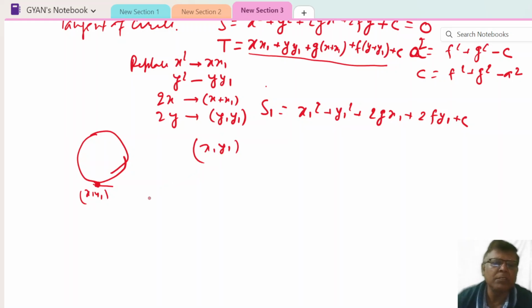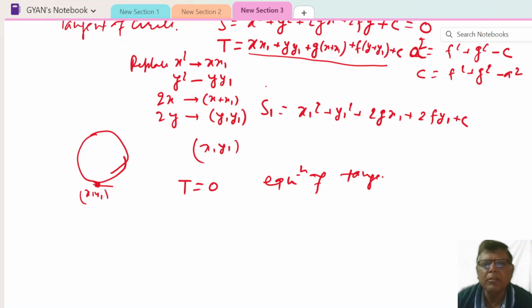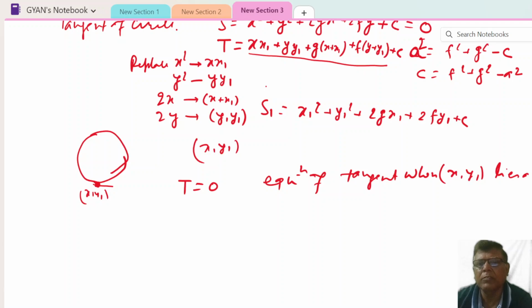We know that T equal to 0 will give the equation of the tangent when x1 y1 lies on the circle. If x1 y1 is outside the circle,